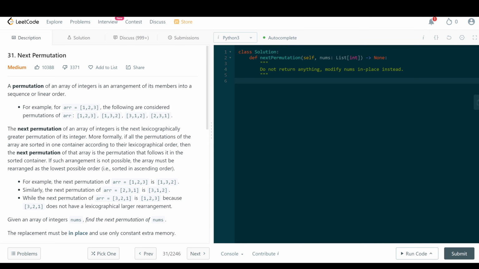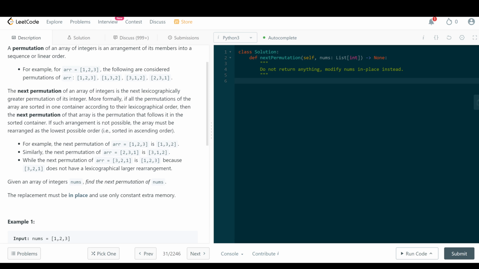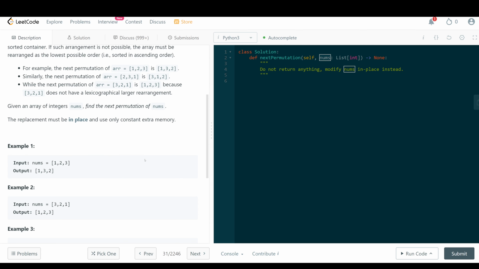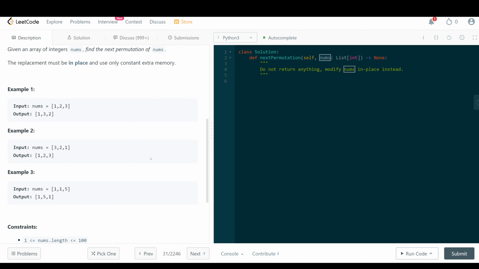LeetCode 31, Next Permutation. In this question, we are asked to find the next permutation of an array, right? So given this number, we need to find the next permutation. This is kind of an odd problem to know, but the basic idea is